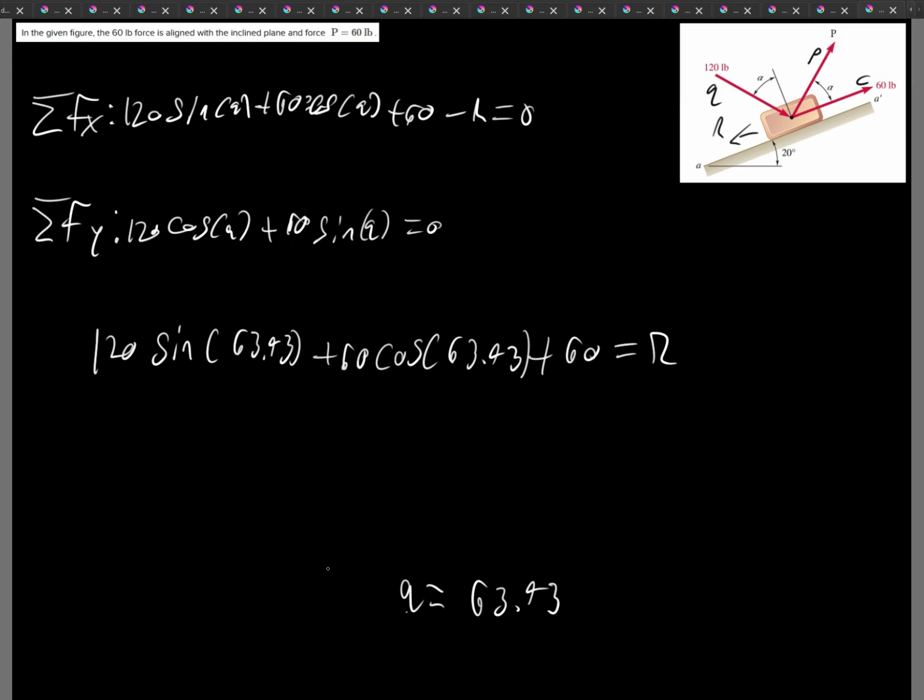It looks like I'm getting, it's supposed to be R. R equals 194.8 1/6 lb, which is the right answer also. So now we have our